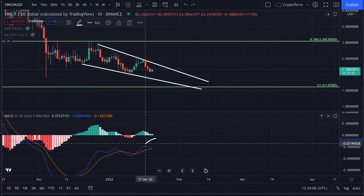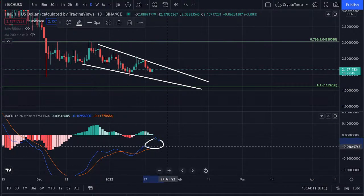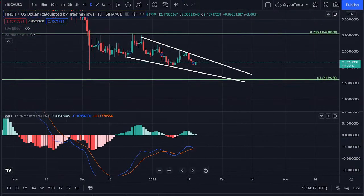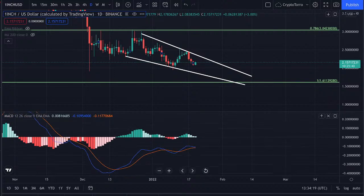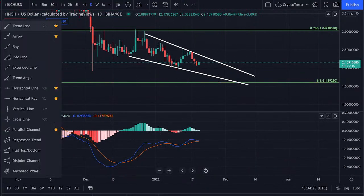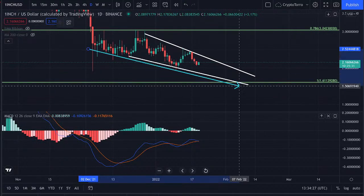So therefore, I must admit that monitoring the MACD right now on the daily time frame is of utmost importance for sure. Something that I think does actually look very well is that if we do take a look at the chart right now and take a look at its price action, what you can clearly see is that we are forming